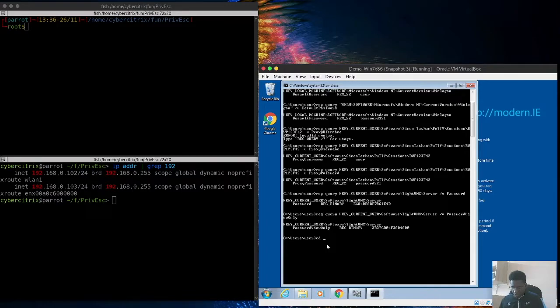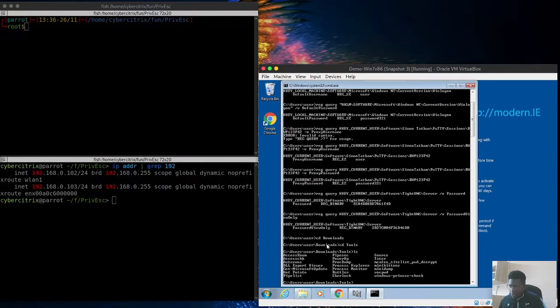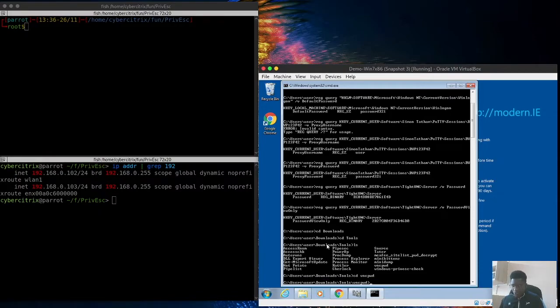I'm going to go to download. I think it's in use. Okay, it should be in VNC. So we're going to run VNC password exe. Then we'll type this one here. I cannot copy it from this command prompt, so I'm just going to type it to be hard coded to be